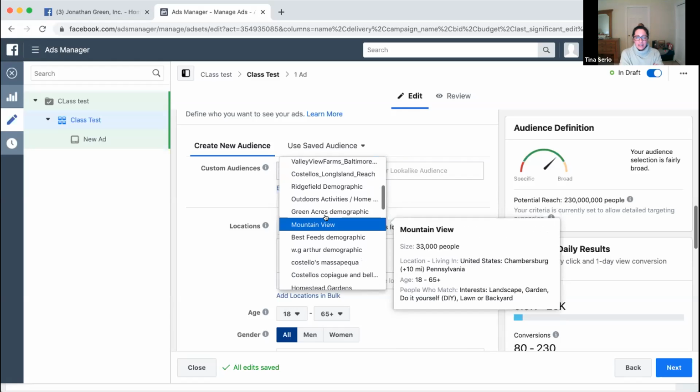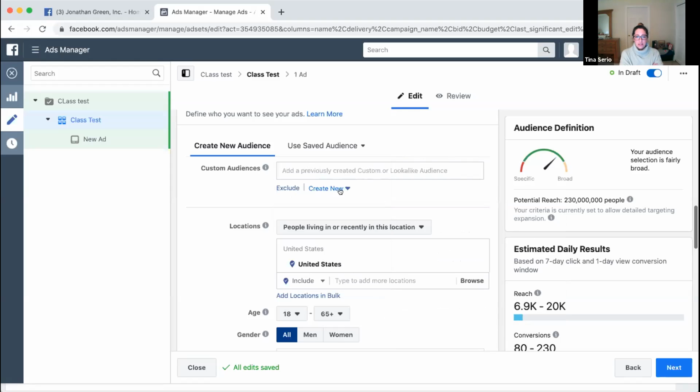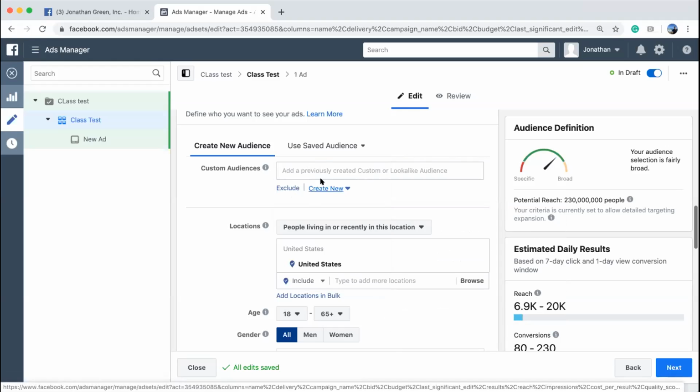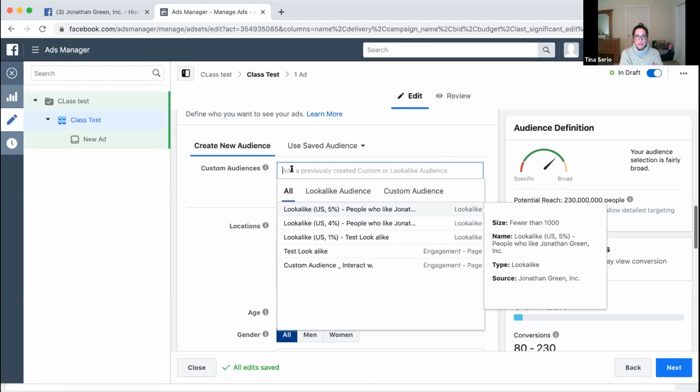Can you try clicking in the field right below, next to where it says custom audience? Right above where your mouse is, click on that field where it says add previous. Look at that. Maybe you didn't save it, but it did remember. So it's that test lookalike, I'm assuming. Now, do I just use these in the future? Yeah, you can use them in the future.